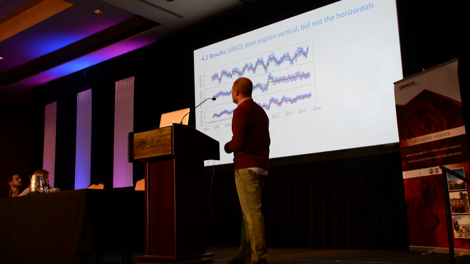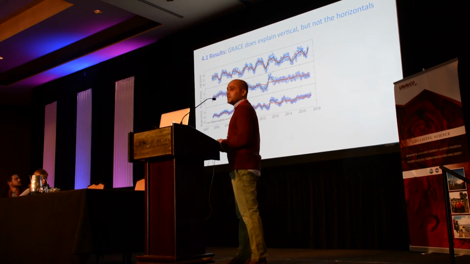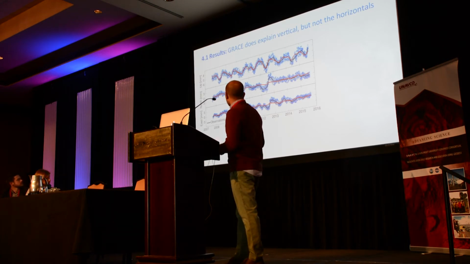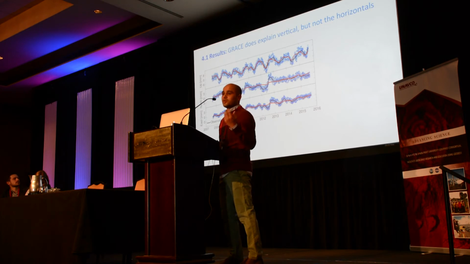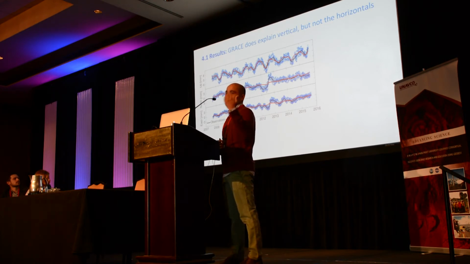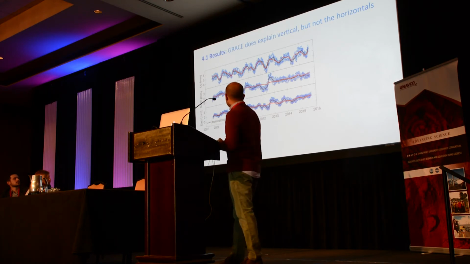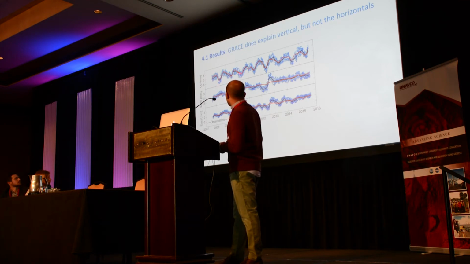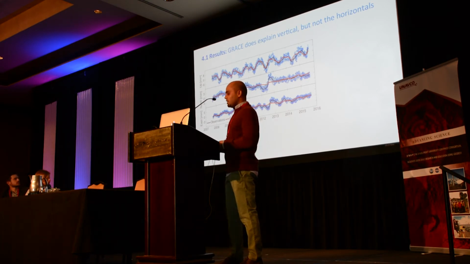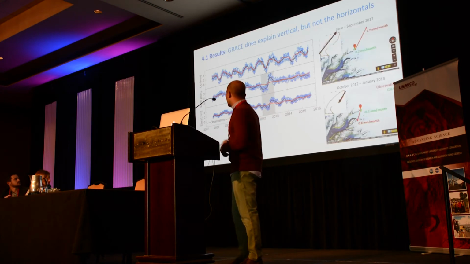So in black, in the background, are the observed data that I showed you before, and the red lines here are our model reconstruction that came from the GRACE forcing. And we can see a pretty nice match between the observation and model simulation for the vertical component, but for horizontal, that is not the case. If we really want to quantify